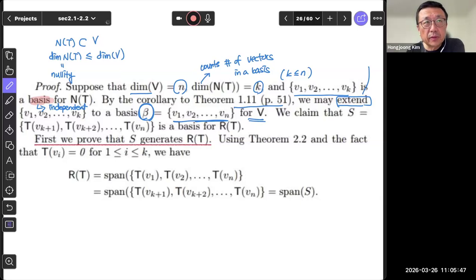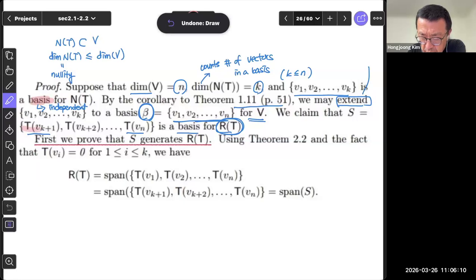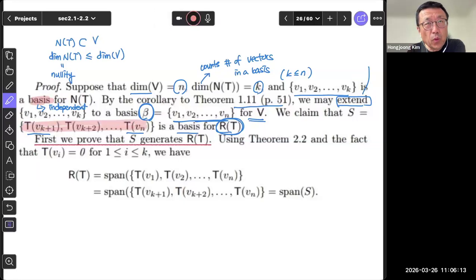Now we want to prove that the images of v sub k plus 1 up to v sub n form a basis for the range. So that is the claim here. So this set will form a basis for the range of T. Now first, let us prove that S generates, so this set is called S, and this S will generate the range of T